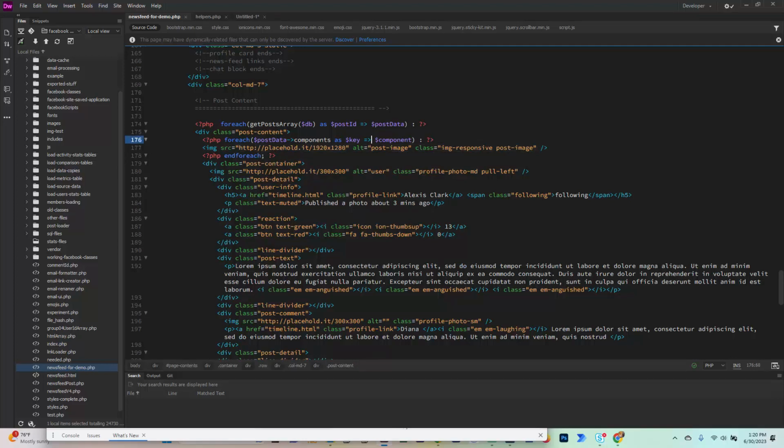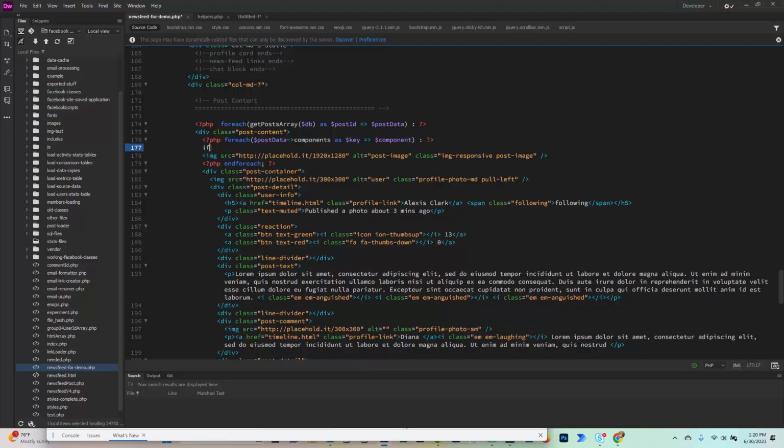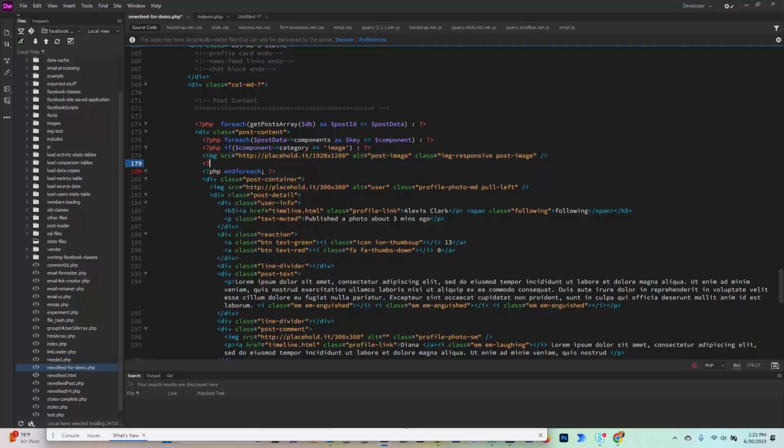We'll have if component type, if category equals image, we will have